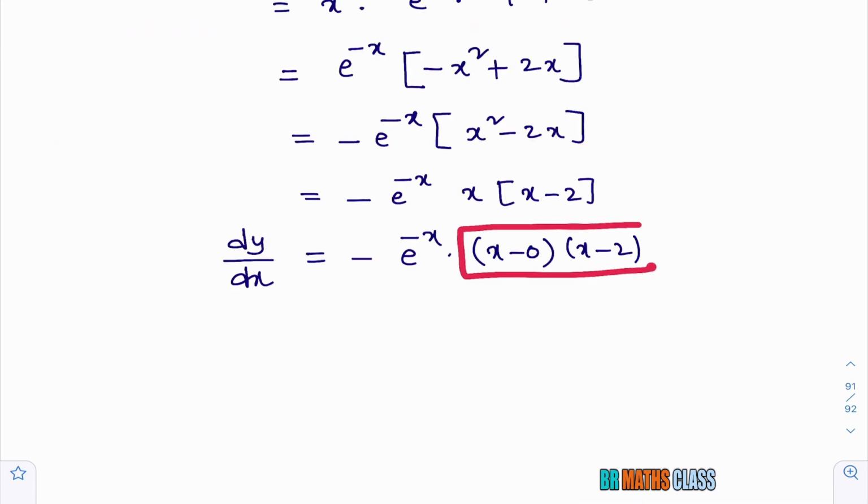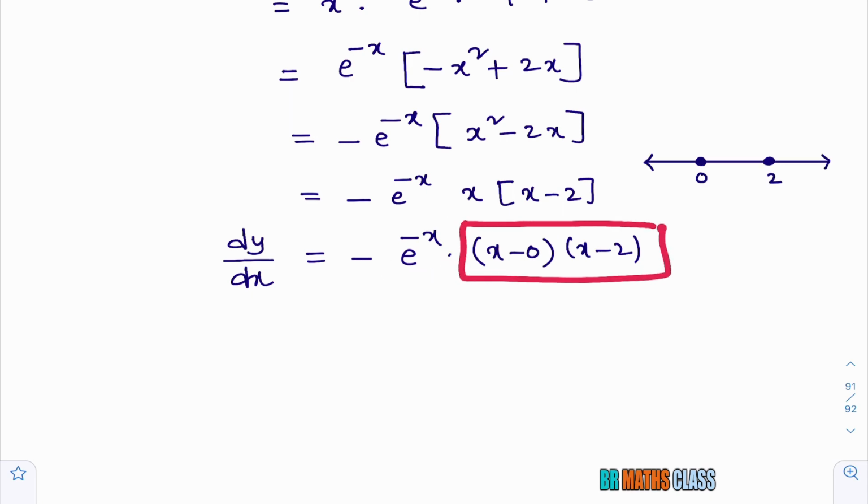First, you observe, I can easily say when this expression is positive and when it is negative by using the wavy curve method. And you see e power minus x is always positive. It is never 0 also. It is never negative. If you want, you take some x value and you can check. E power minus x is always positive. If I equate this to 0, you will get x equal to 0, x equal to 2. In the rightmost interval, you write plus and then alternate symbols. Now it is clear that whenever I take an x value in this interval, this expression is positive. And this is clearly positive.